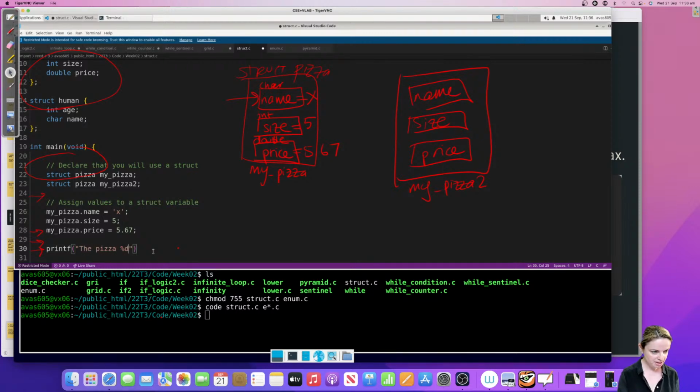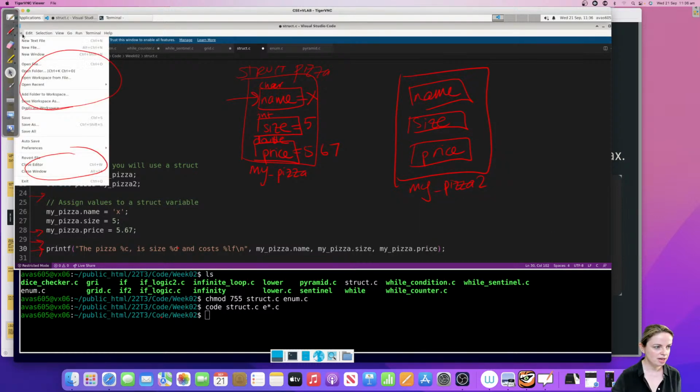The pizza %c is size %d and costs %lf. And then you just fill out all those placeholders. So my pizza dot name, my pizza dot size, and my pizza dot price.